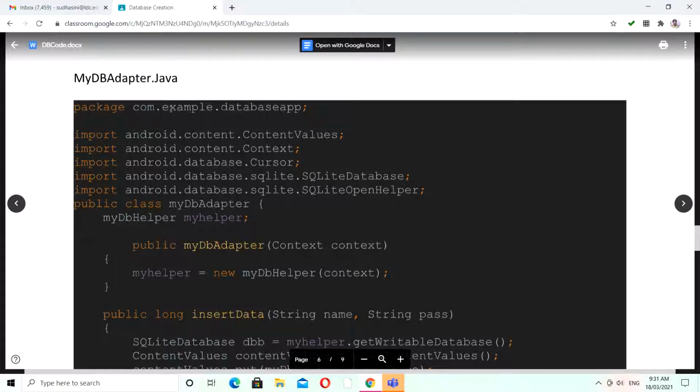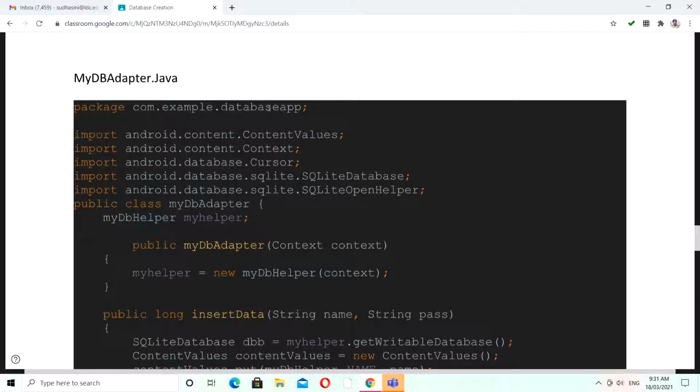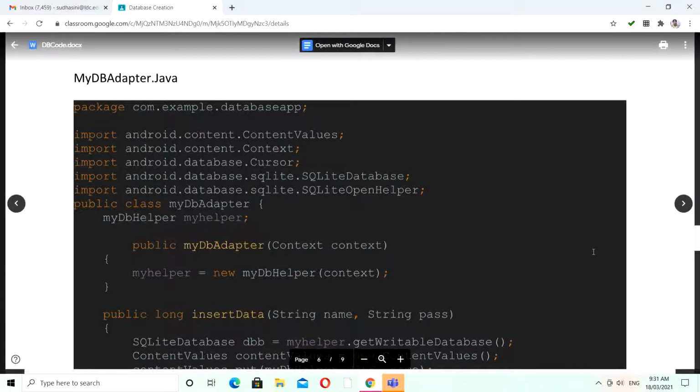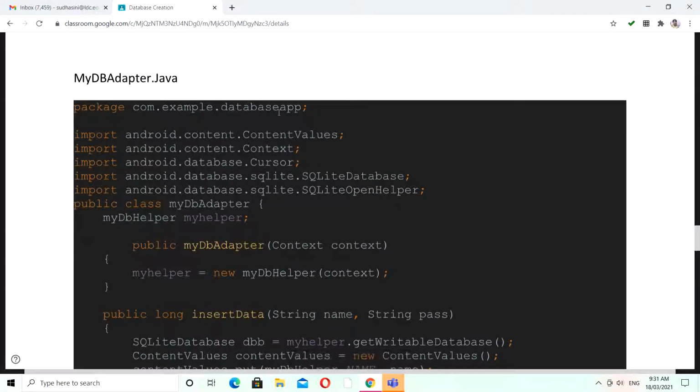Okay, so here, in the same way, the package com.example.databaseapp is nothing but the package of your entire project. This databaseapp is the name of your project. That is what is shown at the topmost of every file which you insert, either an activity or a different kind of Java file. The very first thing we can see is this package. It only implies that this is a common file of the same project. That's the only intimation it's going to give to the system, right?